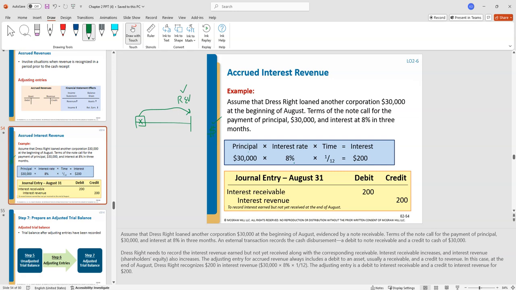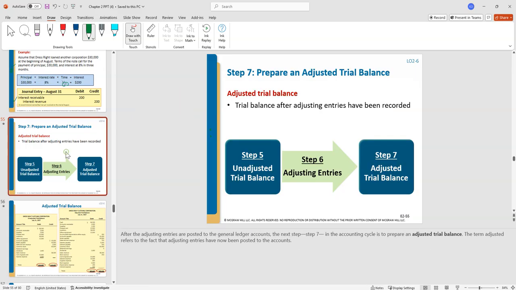It must have been $30,000 we lent them. There was an 8% rate. 1 month has passed, over 12 months, because that's an annual amount. We will do debit interest receivable, credit interest revenue. Recognition first, money inflow second. Okay, so